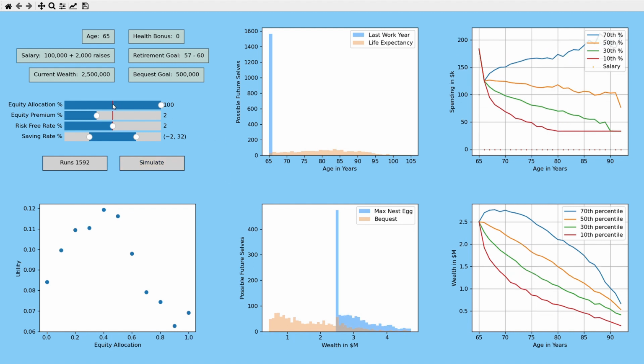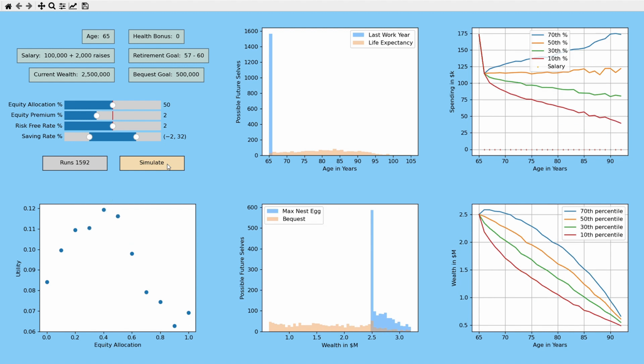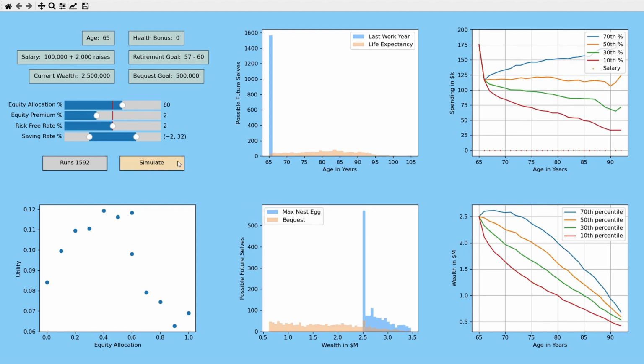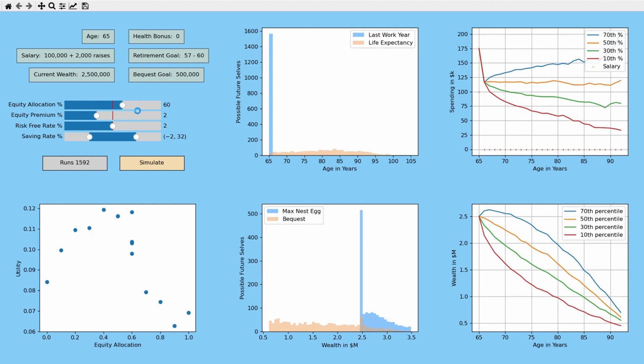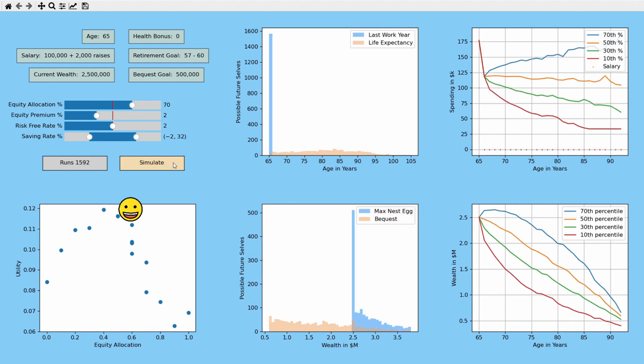To check the robustness of the model, we can rerun some cases. Going back to the 50% equity allocation, the difference between possible outcomes is moderate. An important lesson is that most of the utility benefit can be achieved with an allocation quite a bit smaller than the Merton share.